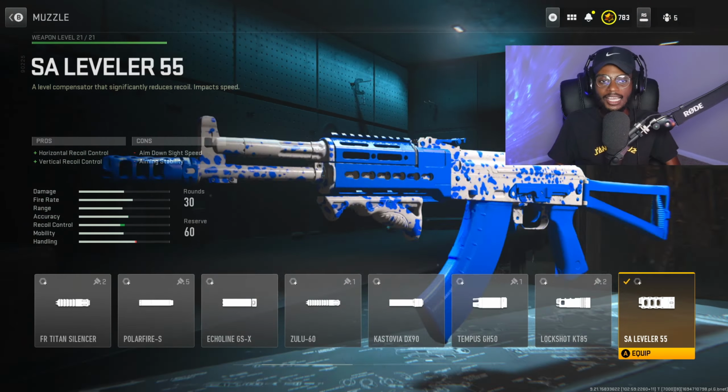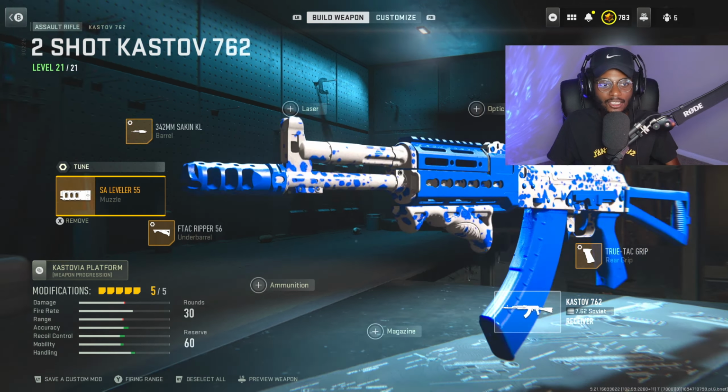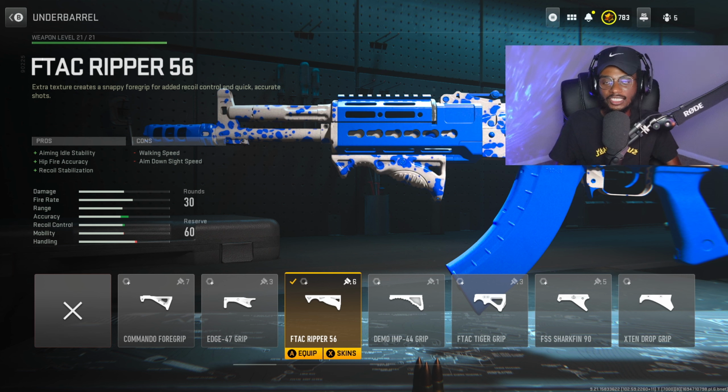Now for the muzzle, the SA-1155 is going to be a great choice for removing any and all recoil with this weapon. Definitely go ahead and give this a go. Now for the tuning, we are going to be increasing more recoil control at +0.26 and aim down sight speed at -0.59 here. Now for the underbarrel, the FTAC 56 is going to be a great choice for this AR,